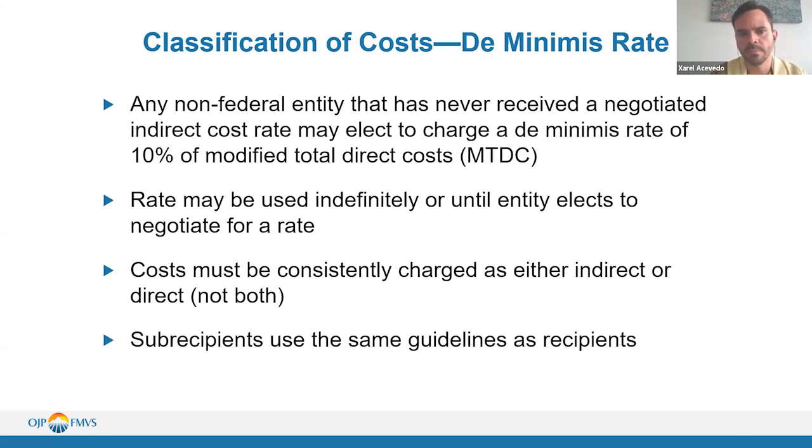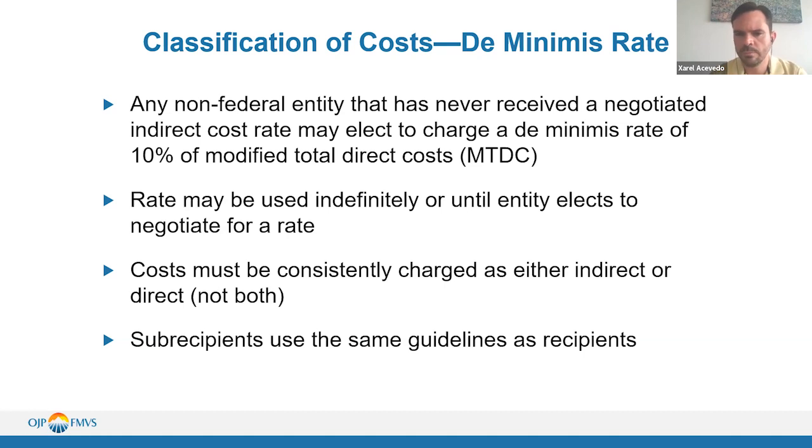The de minimis rate was implemented because it was believed that many organizations were not applying for indirect cost funding because of the amounts and the calculations that they had to do for indirect cost rates. So this is sort of a way to simplify the process for you, not having to get someone to do all the analysis and all the calculations to see what indirect cost rate benefits you more. You can just go ahead and say, you know what, I'm just going to go with a standard 10% rate across the board, and that's it, okay?